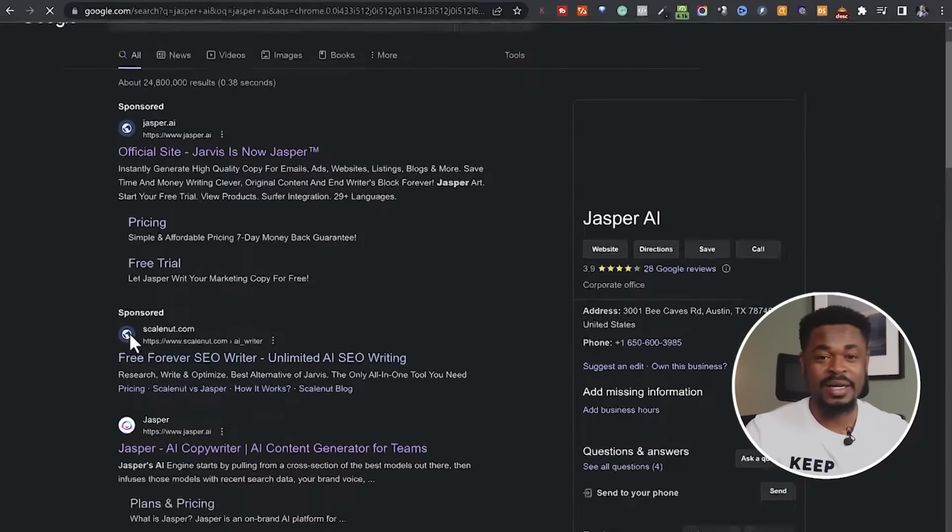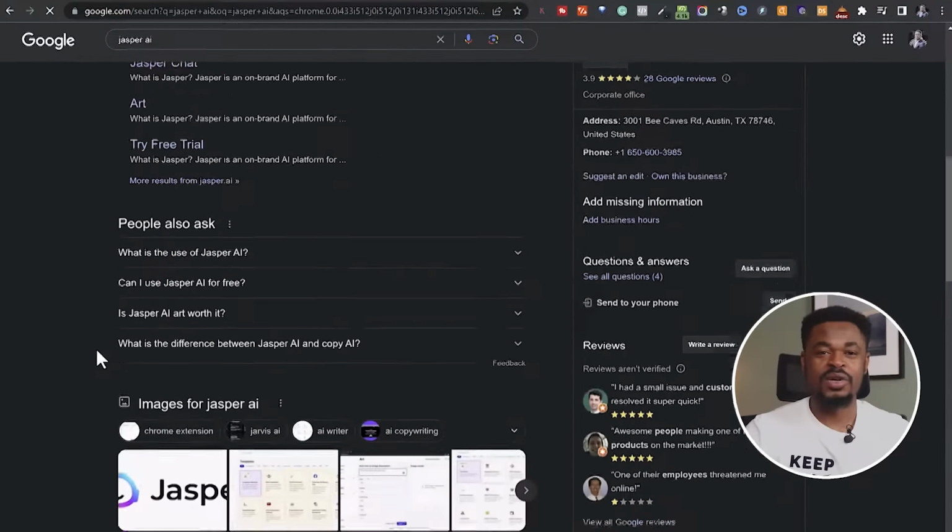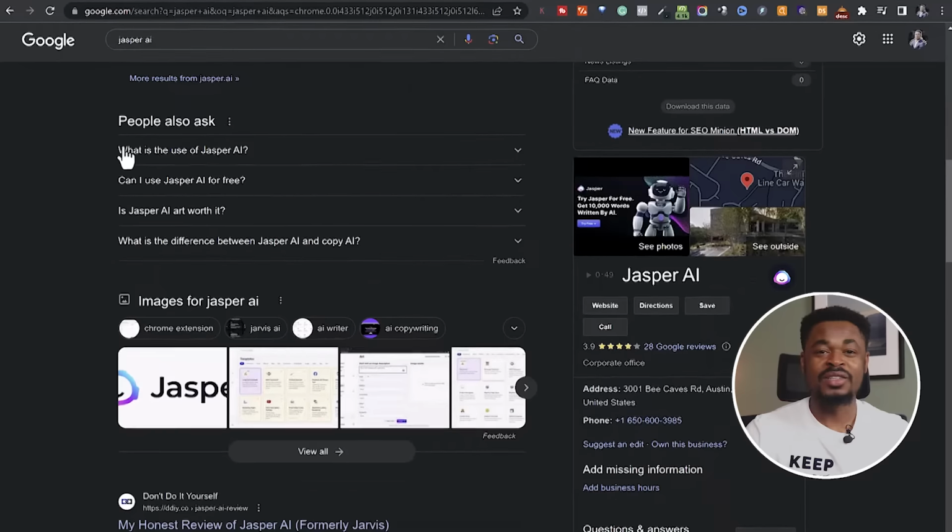We are going to create a blog post that answers questions around Jasper AI. So what problem does it solve? What does it do? To get an idea, let's go to Google and search for Jasper AI. See these questions here. They can increase your Google ranking. When you create a blog post that answers questions people are searching for, it's going to optimize your post for search engines like Google. I'm going to show you how to use this trick later in this video.